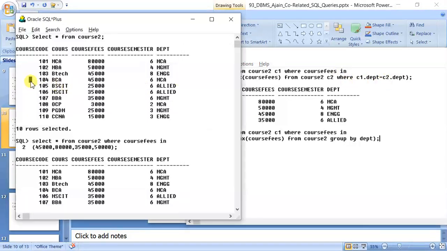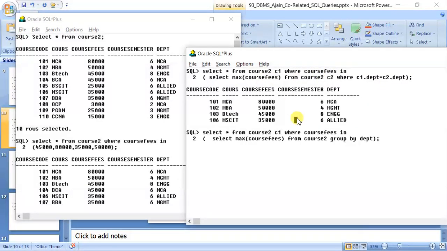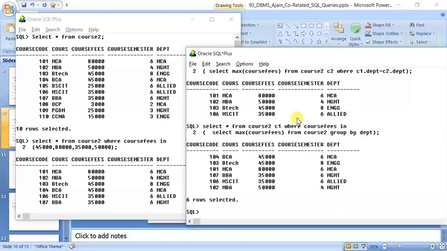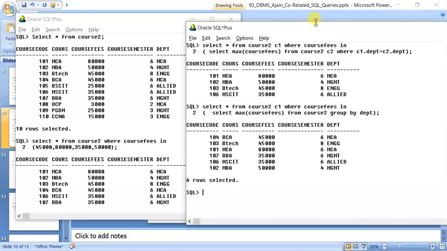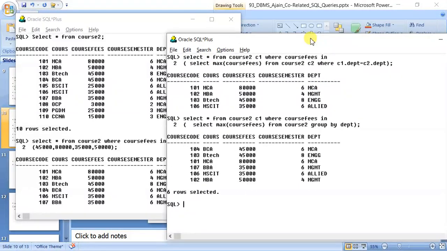So the outer department value, as you can see here in BCA, is BCA, so the highest value will be found among the BCA records, and it will come out as 50,000. So 45,000 will not be matched, and that is how it works correctly. Are you getting? Whereas this will not work. So this is how a correlated subquery works.